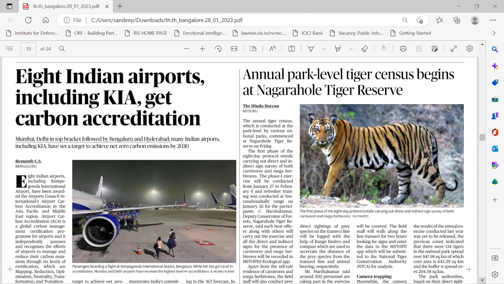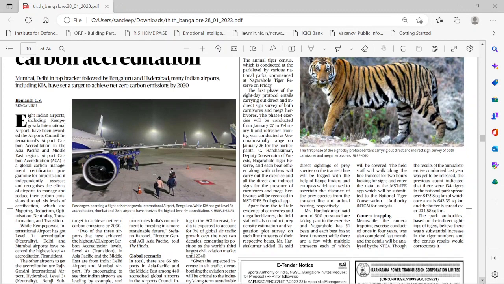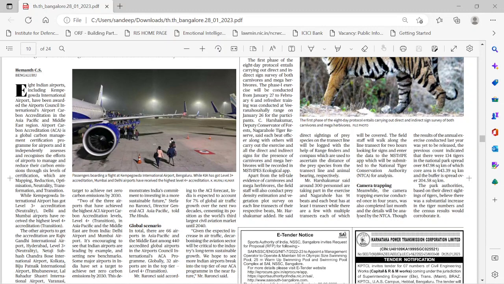There's 8 Indian airports, including Kempegowda International Airport, get carbon accreditation. Yes, most of the Indian airports are trying to move towards carbon neutral. Guys, what is carbon neutral? The number of emissions will be equal to carbon absorbed, right? So 8 Indian airports are getting this. So you can write down carbon accreditation. You see here, carbon accreditation is a global carbon management certificate program for airports,